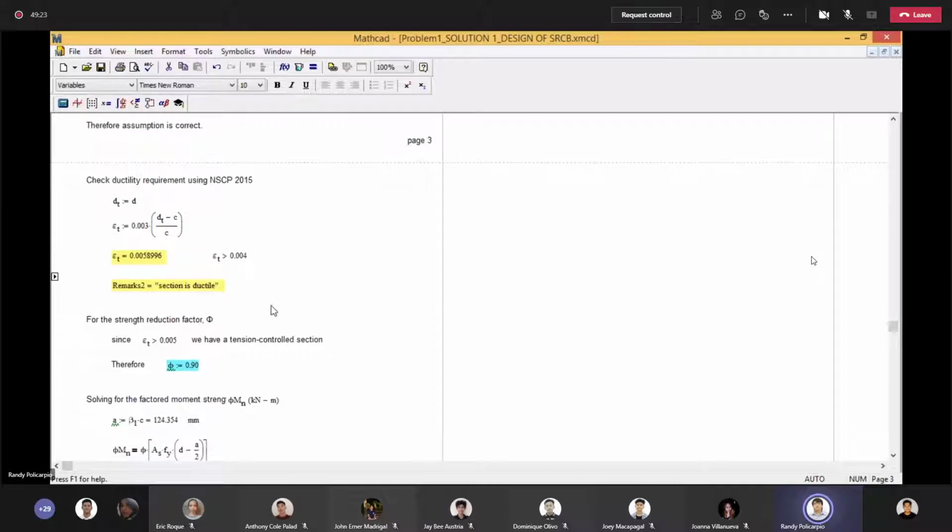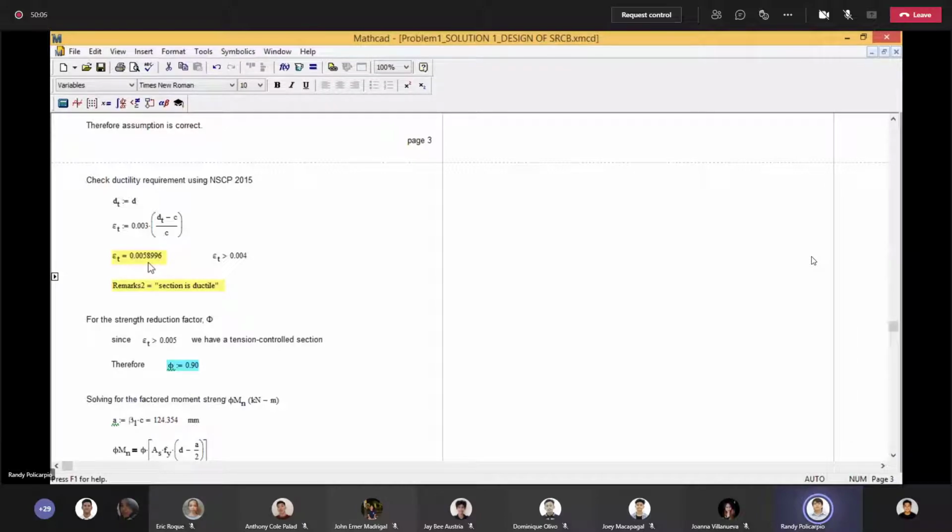Okay. Now for the design moment strength, we need to solve for the strength reduction factor. So using NSCP 2015, let us solve now epsilon t, the net tensile strain. We need to determine d sub t, and d sub t is equal to d, since we have only one layer of bar. So the net tensile strain is